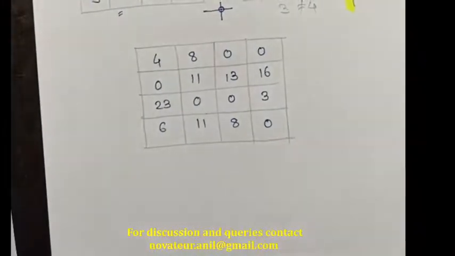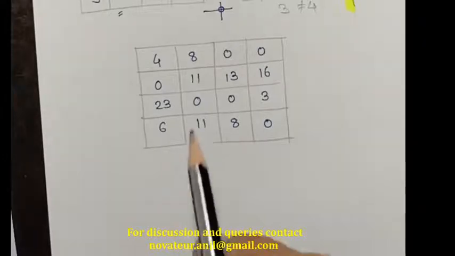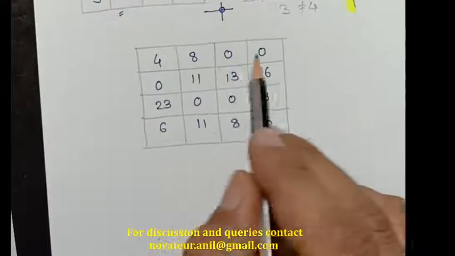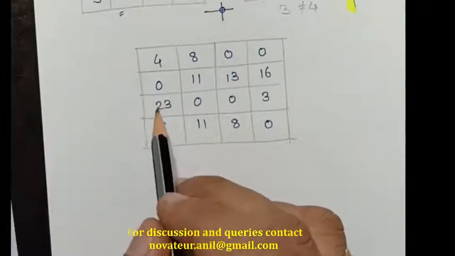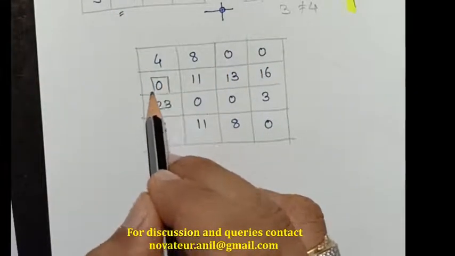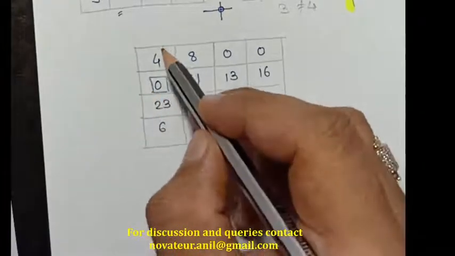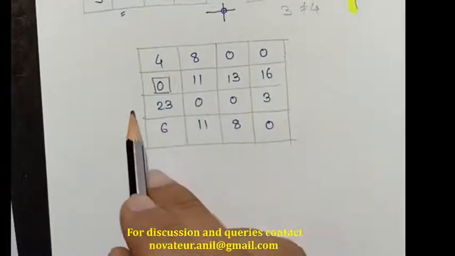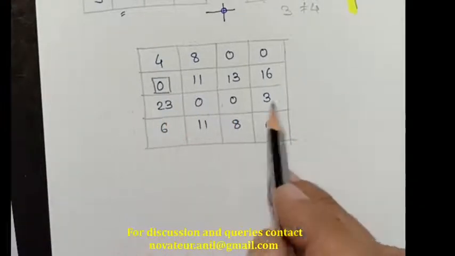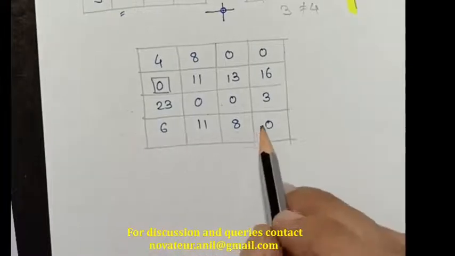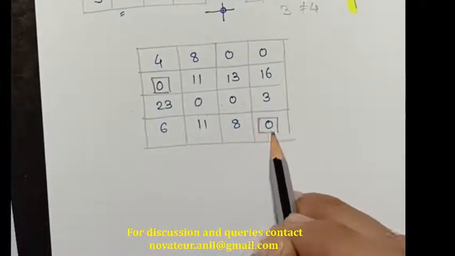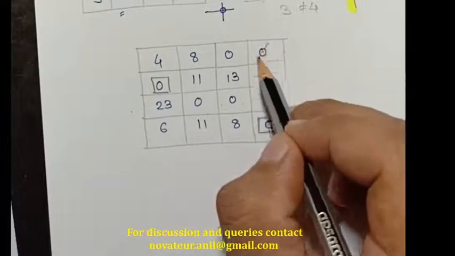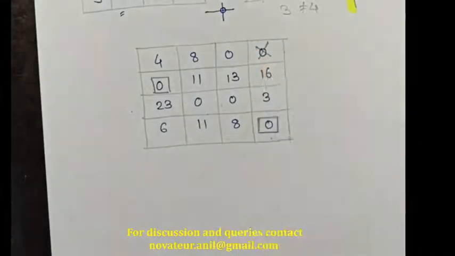Now I'll assign the zeros. In order to assign the zeros, I'll give priority to rows or columns which have single zeros. In row 1 I got 2 zeros, in row 2 I got 1 zero. So I'll assign this zero first, and if there are any zeros in the adjacent column, I would strike them out. Then again, there are 2 zeros in row 3, so I will not do this. Again in row 4 I got this 1 zero, so I'll assign it, and there is an adjacent zero existing, so I'll cross it.